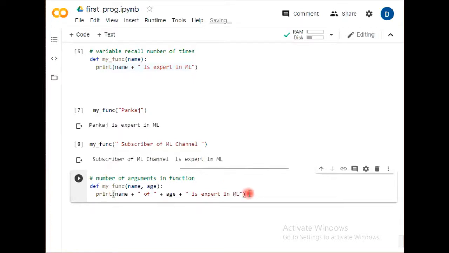So this is another type. It means I have used two arguments here, and in a statement I'm using both with the combination of my requirement.